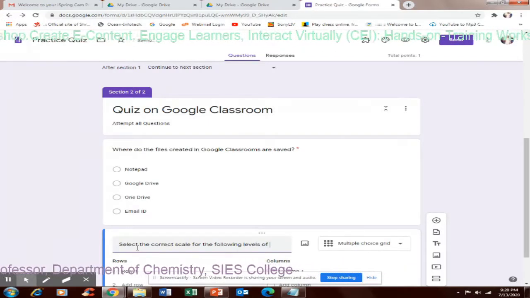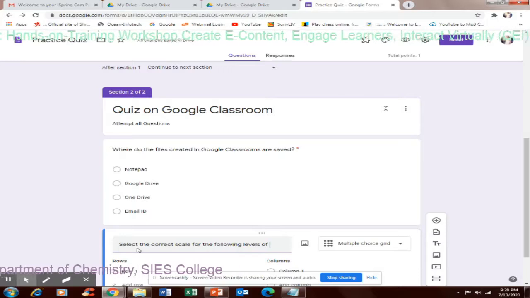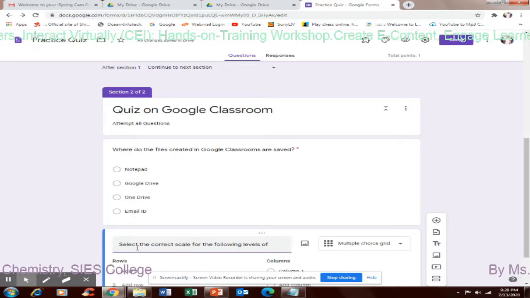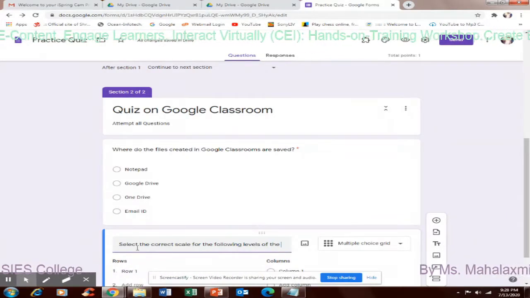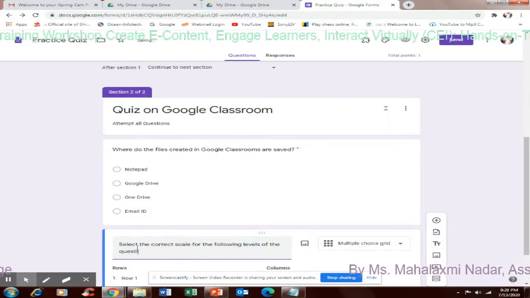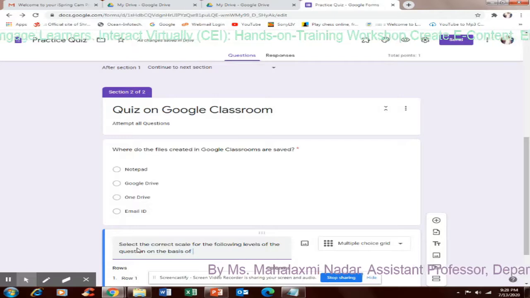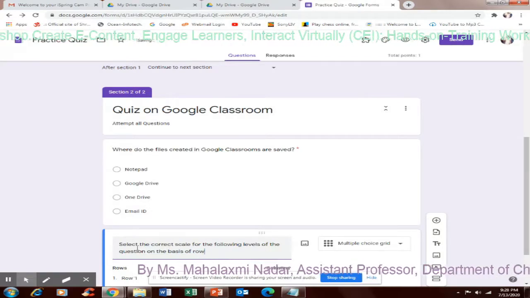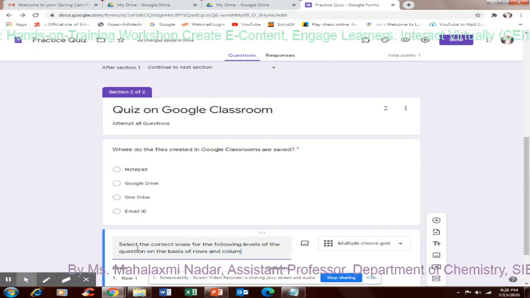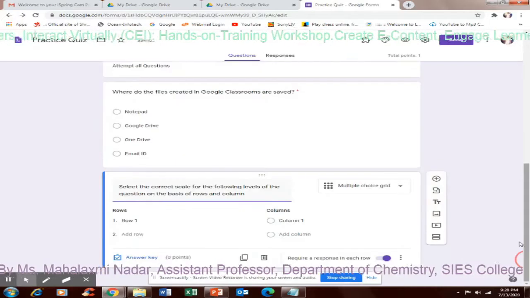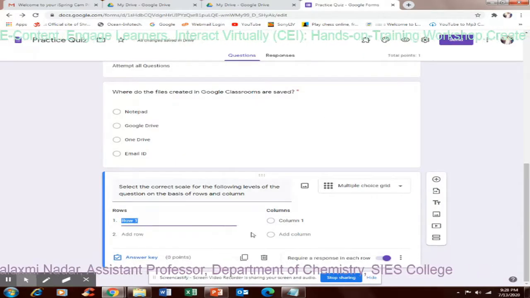This is not related to Google Classroom, but still I am adding how to do it. Following levels of the question on the basis of rows and column. Okay. So I frame the question.